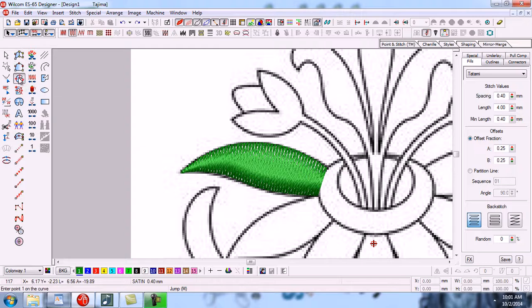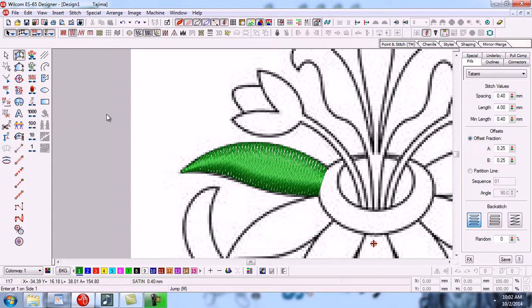But in complex fill you can use satin, tatami, zigzag, e-stitch, but you cannot use counter type of values. And in fusion fill you can use only satin and tatami, not zigzag, e-stitch or counter type of values. So these are the different properties for all the tools.